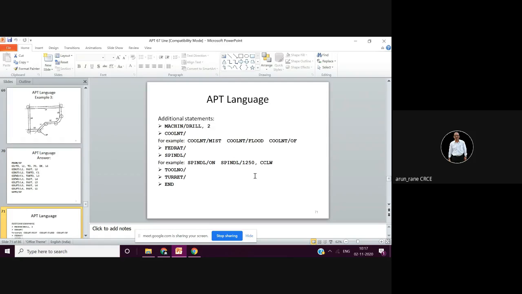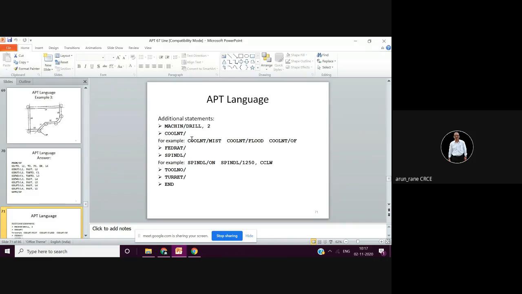Then in the beginning, you need to have these statements without which you will not get the marks. You need to write which machine it is. Here you are writing which machine it is: it is a drill machine, and drill machine number two. You may have 4 or 5 machines and you have identified those machines. Remember not to write E.